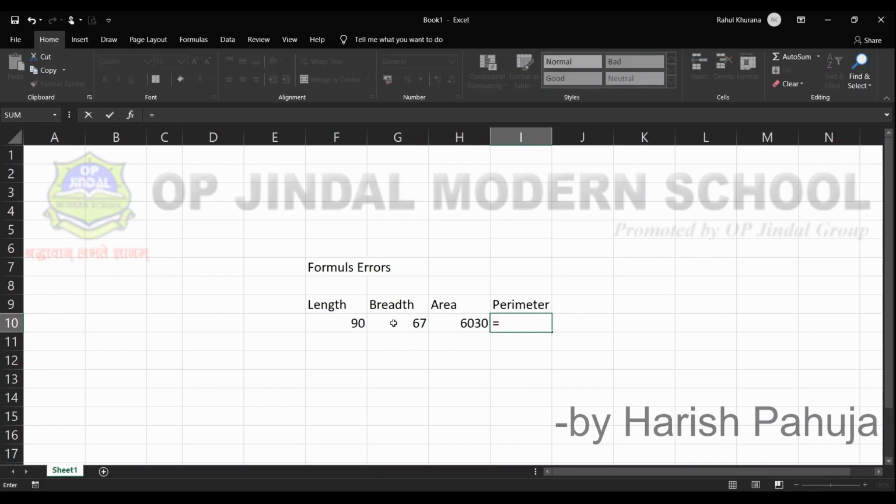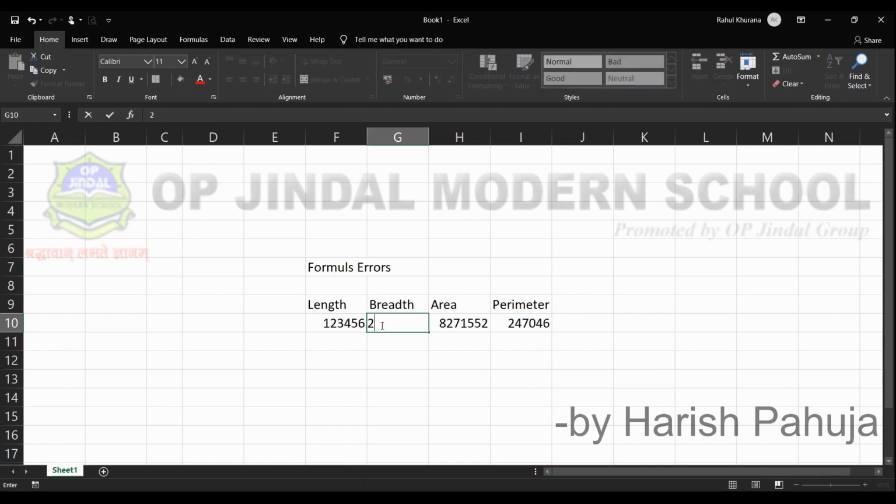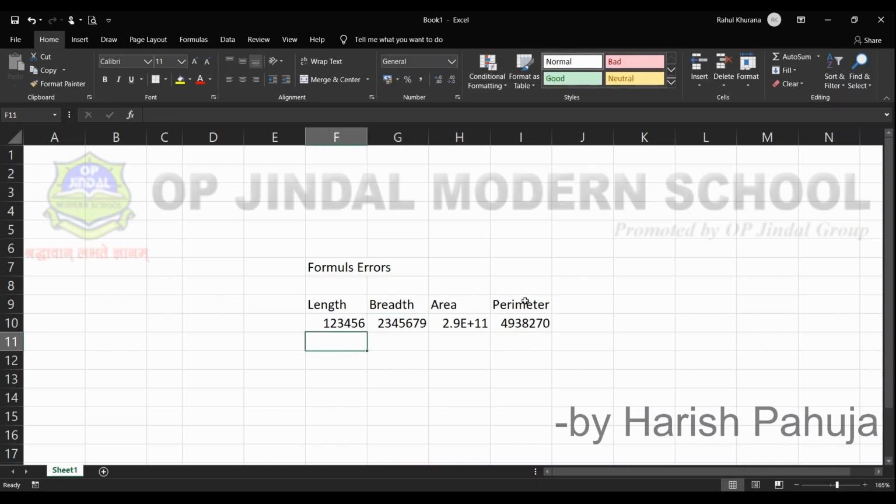And in the same manner, 2 multiply bracket begin length plus breadth. So till now there is no problem, but if I make some change in the value, suppose 1 2 3 4 5 6 2 3 4 5 6 7 8, so till now there's no problem, but as I decrease